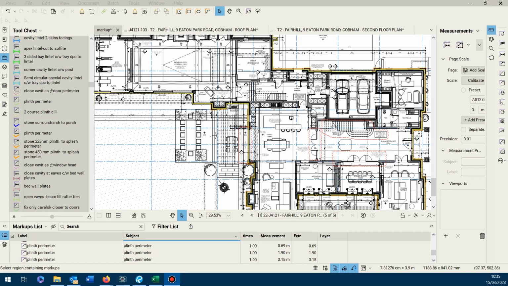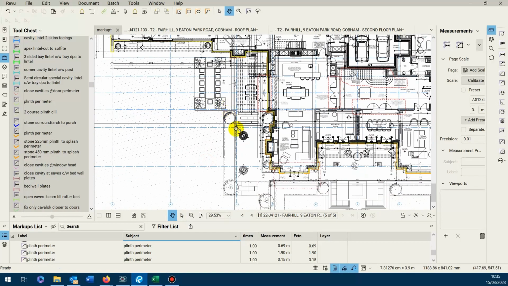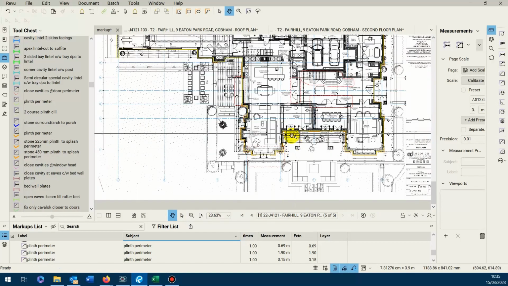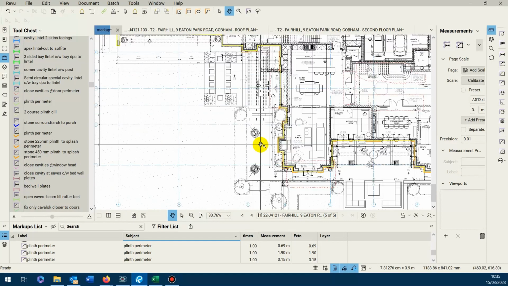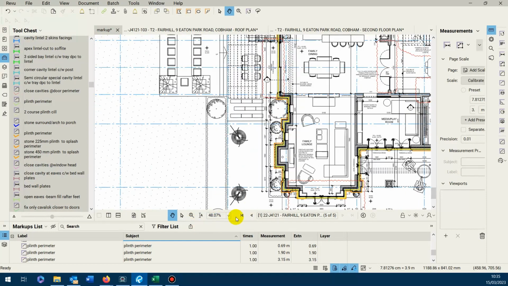Got another very quick tip for you. Thought I'd make this because I've just realised I'd made a bit of a mistake whilst taking off this rather flash house. So what I've done here is I'm actually measuring the plinth as an extra over